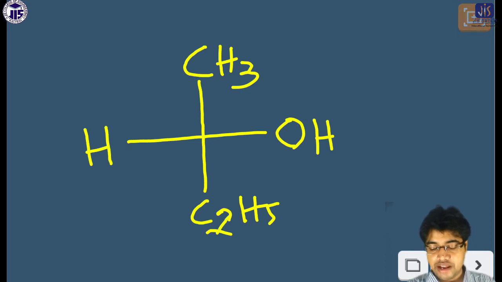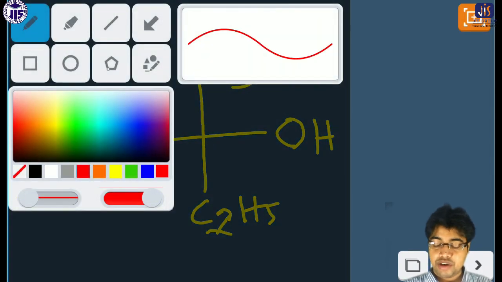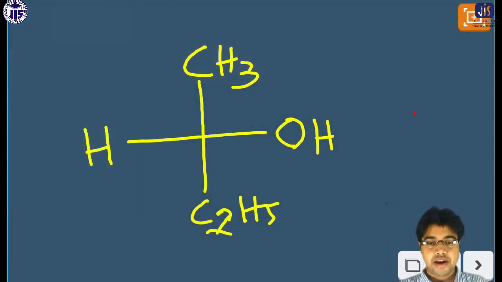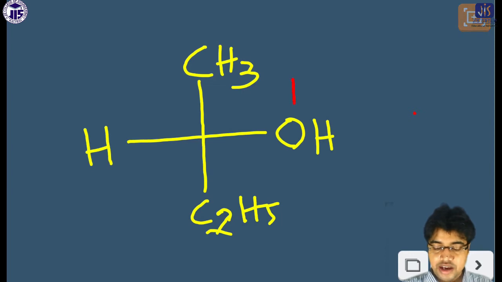Now the question arises: OH will get the first priority because it has the higher atomic number. If you compare the 4 groups, it is the highest and H is the lowest. But what happens with these two, CH3 and C2H5? Both are attached through carbon. If both are attached through carbon, then we have to apply the second rule of